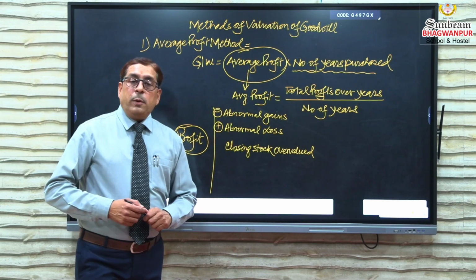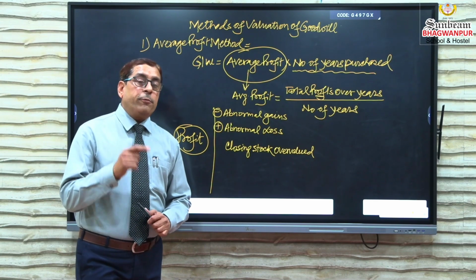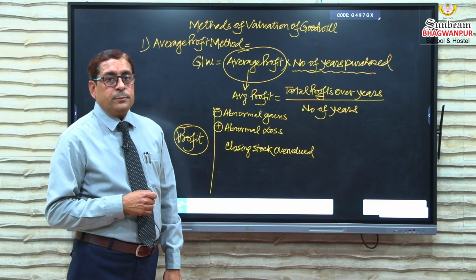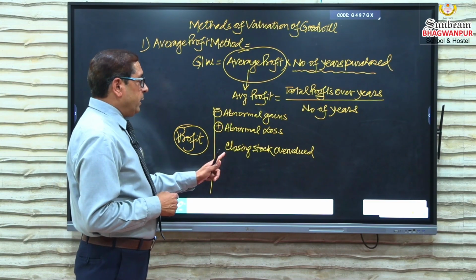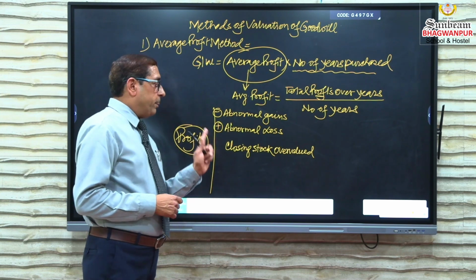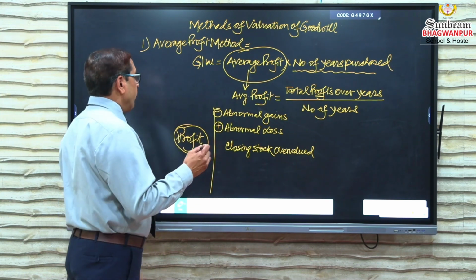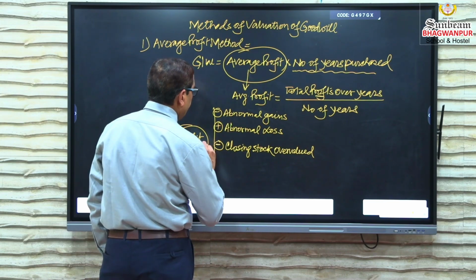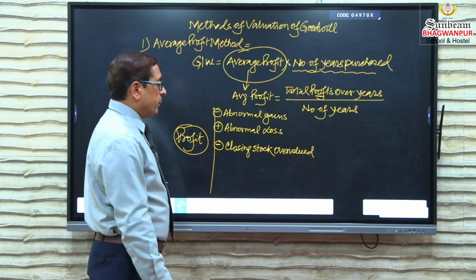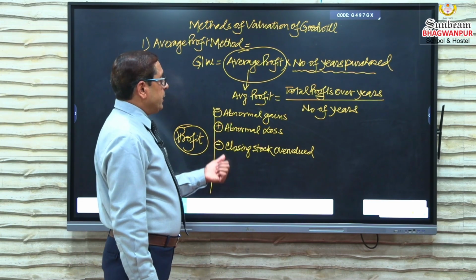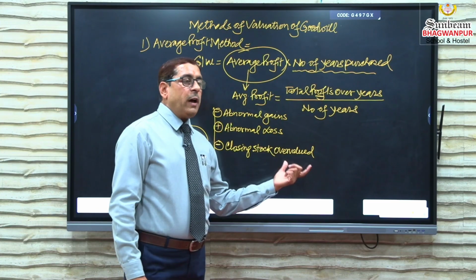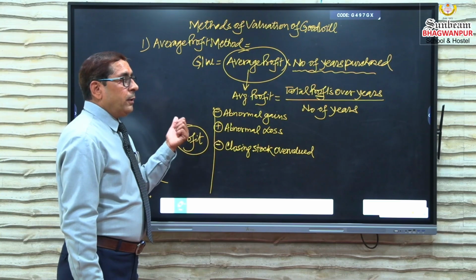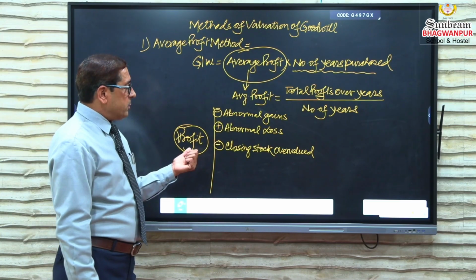If the closing stock is overvalued, definitely profit of that particular year will increase. That's why to make the profit correct, we have to deduct it from the profit. In case of closing stock overvalued, this overvalued figure has to be deducted from the profit of that particular year,